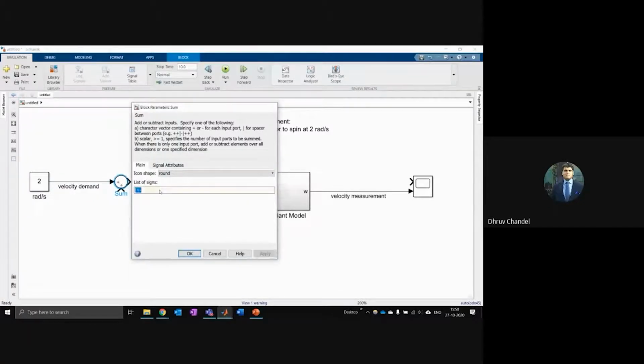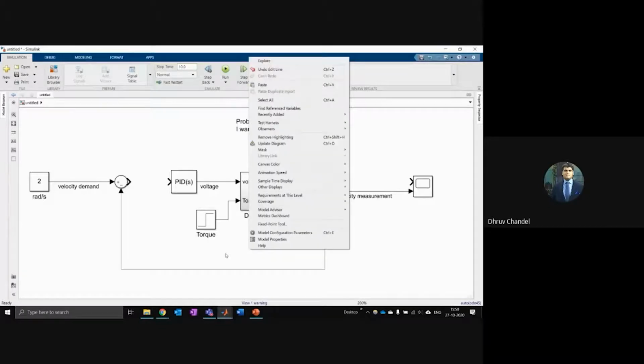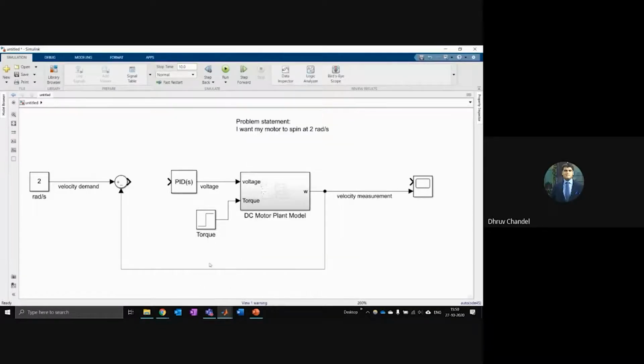We have this block with a plus and a minus sign, and we subtract the measurement from the demand signal. Sometimes you also have some sensor dynamics in here, a different kind of subsystem, but we're just ignoring that for now.